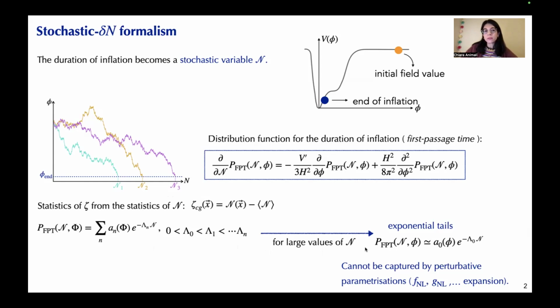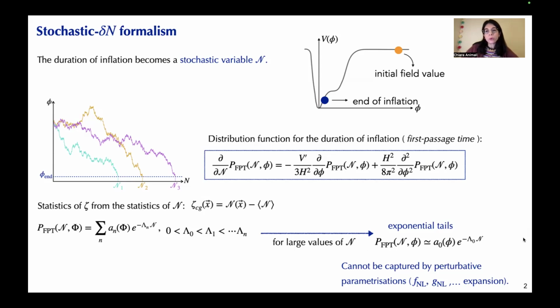So this is basically the standard stochastic delta N formalism that has been widely used to predict the statistics of large fluctuations during inflation, and it predicts more abundant high curvature regions than what cosmological perturbation theory will tell, with consequences on tail-sensitive events like primordial black holes. The formalism relies on simulation of independent large realizations, first passage time analysis, and the theory of conditional probability. It has the advantage of having analytical and semi-analytical results in simple toy models. However, it is also restricted to a set of cosmological fields and models.